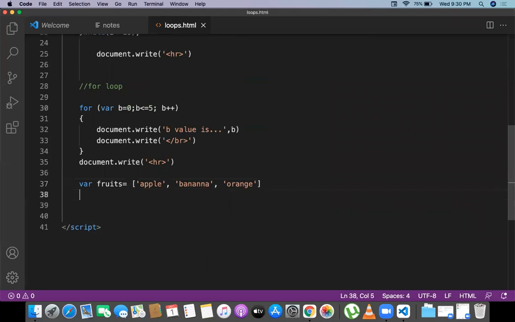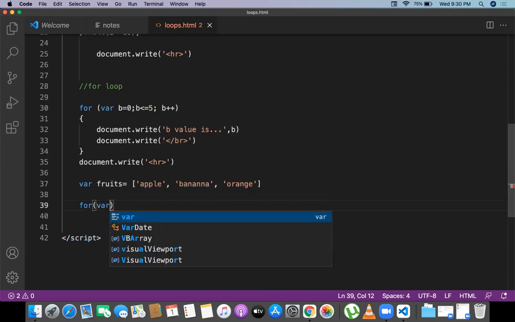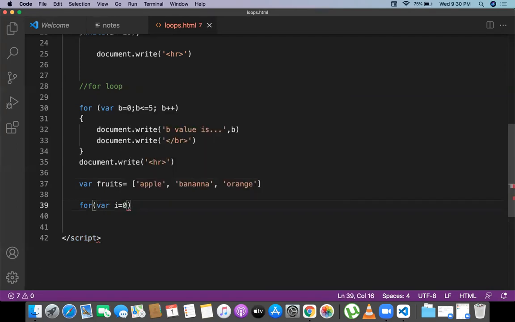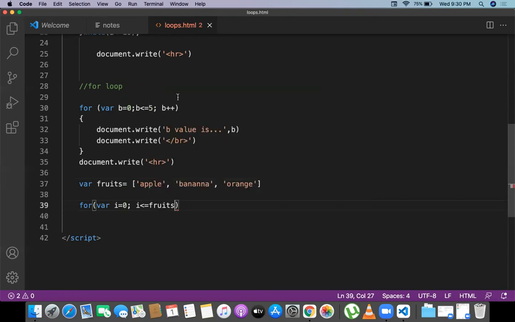Fruits is something. Now for loop I want to execute for where I is equal to 0. Index is going to be initializing now. I less than or equal to fruits dot length, then I plus plus, and I want to print each and every fruit. Document dot write